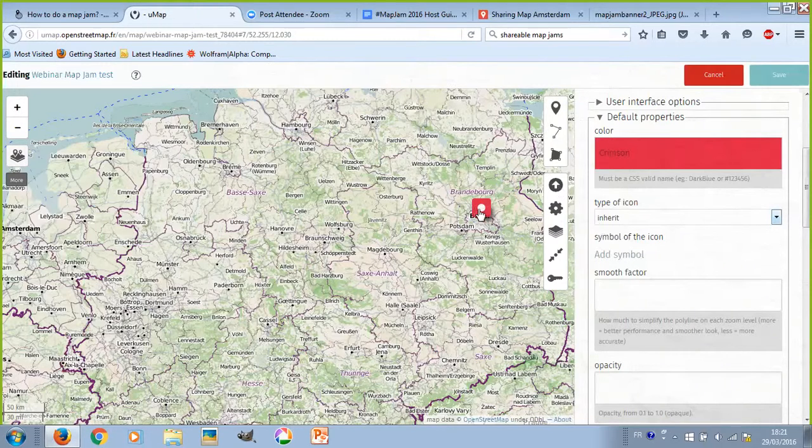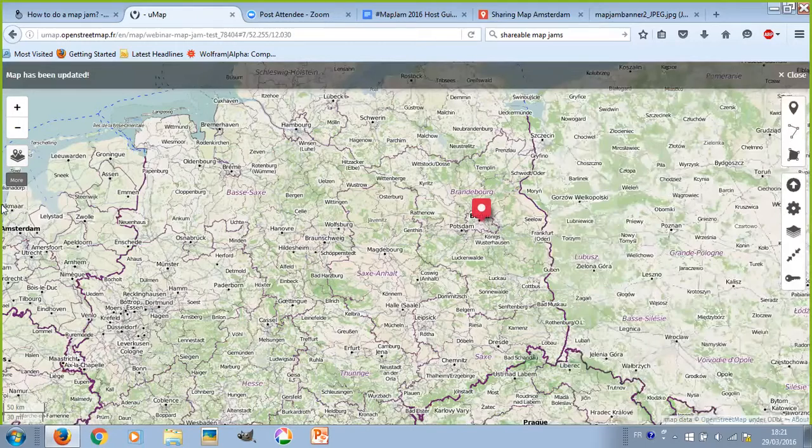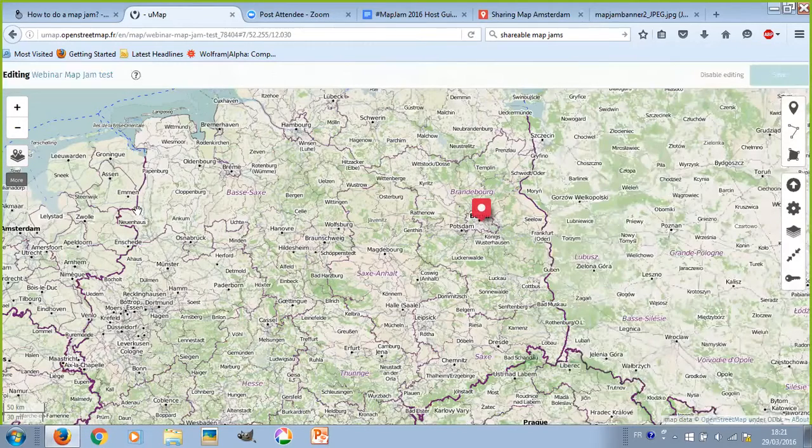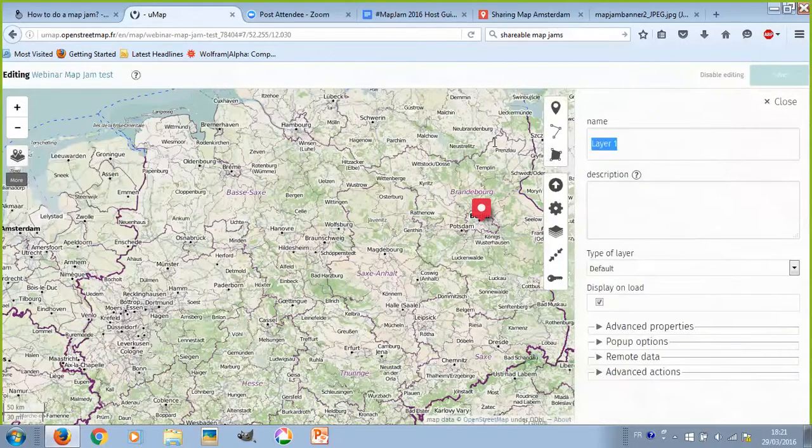So now we're in one. There's just one layer on your map and just one icon. I'm going to show you now how to create a second layer. To see your layers, you have to go on the left side, and here it displays layer 1. You can edit that. Again, you can change the name, and you can say, for example, this is going to be co-working spaces,